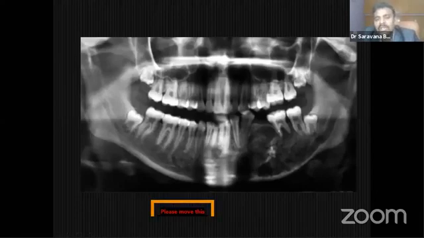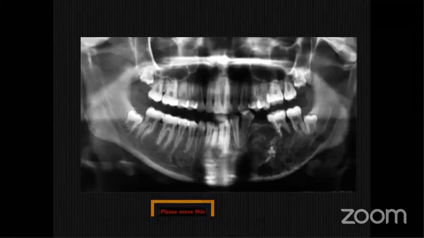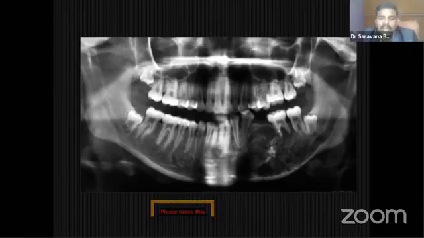Now, what you have to do is compare the morphology of the inferior alveolar canal bilaterally. Look at the right side morphology here. Now look at the left side morphology here. The canal size is enlarged. Okay, there is a lesion. It originates from the enlarged canal and ends almost in the parasymphysis region.